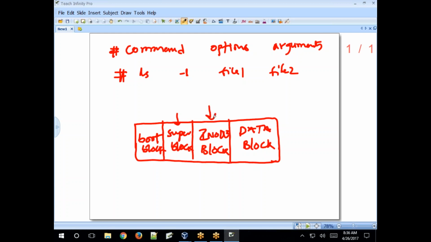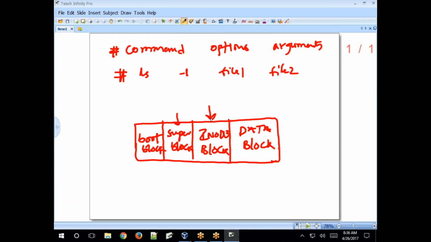So here, when you create a file in Linux, one inode will be allocated for that in the inode table. All the files and their inode numbers will be stored under the inode block. It holds the information about files and directories. The superblock contains the entire file system information, and in the data blocks, the actual data is stored. Actual data, whatever data you stored, copied to a file.